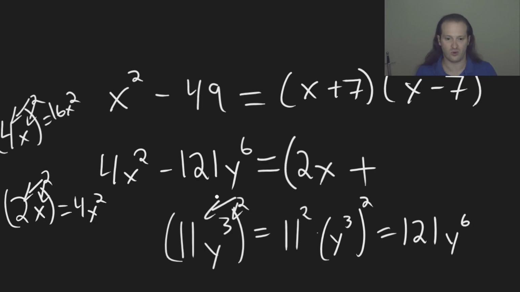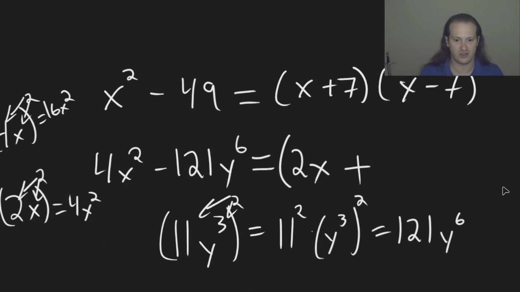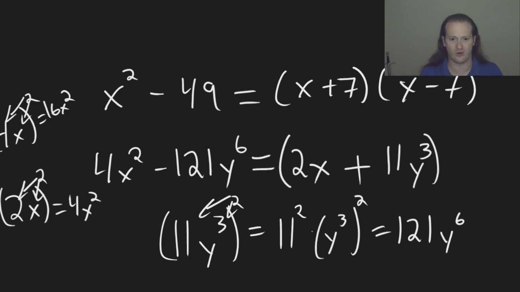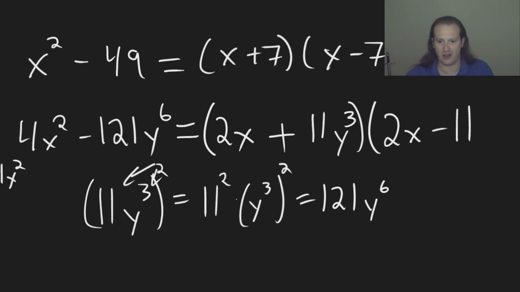We've identified what our a and b are with the general form of this. This is going to be 2x plus 11y cubed times 2x minus 11y cubed. Again, I don't know how complicated these are going to look right now because you're not supposed to know how to break up this y to the 6th